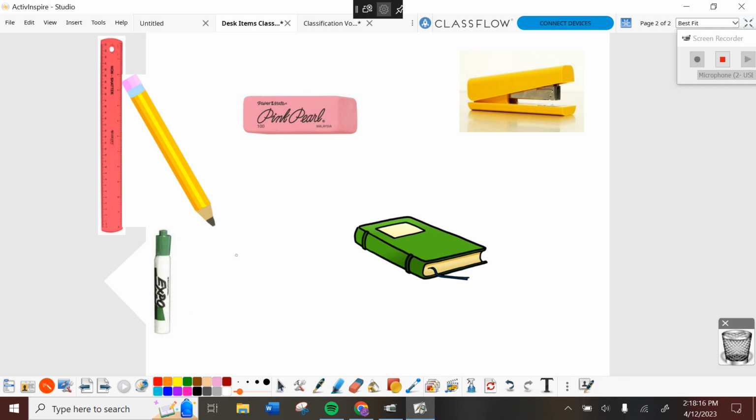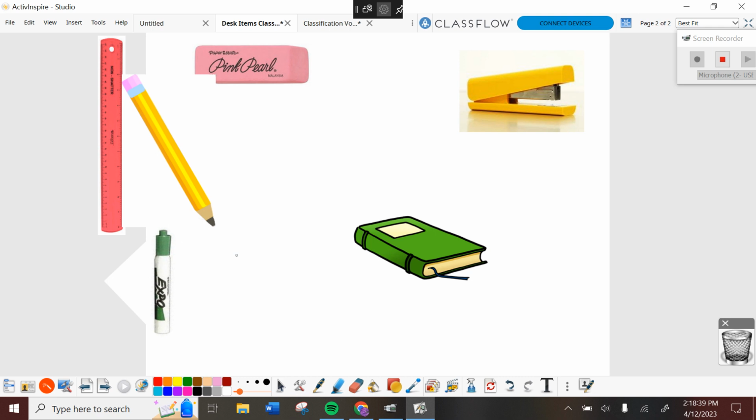5. All right, great. So how would we separate these two? You can do it by color. Okay, I heard yellow and green. If yellow, it is a stapler. Now, I'm not done yet. If it's green, it's a book. At this point, you are going to call me or Dr. or Ms. Shabazz over, and we'll check it.